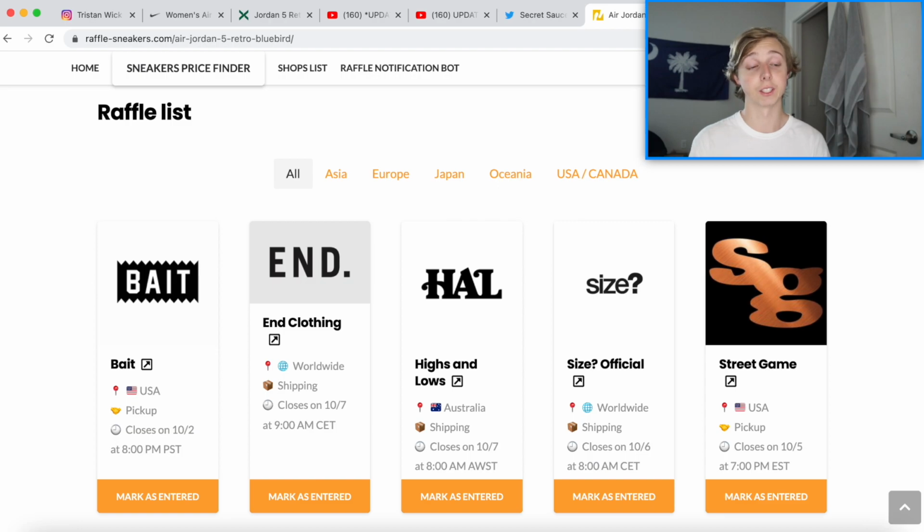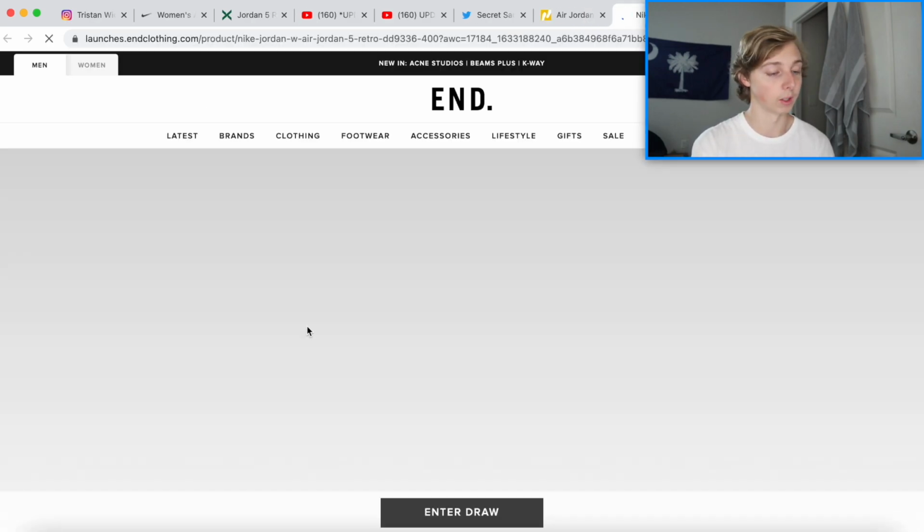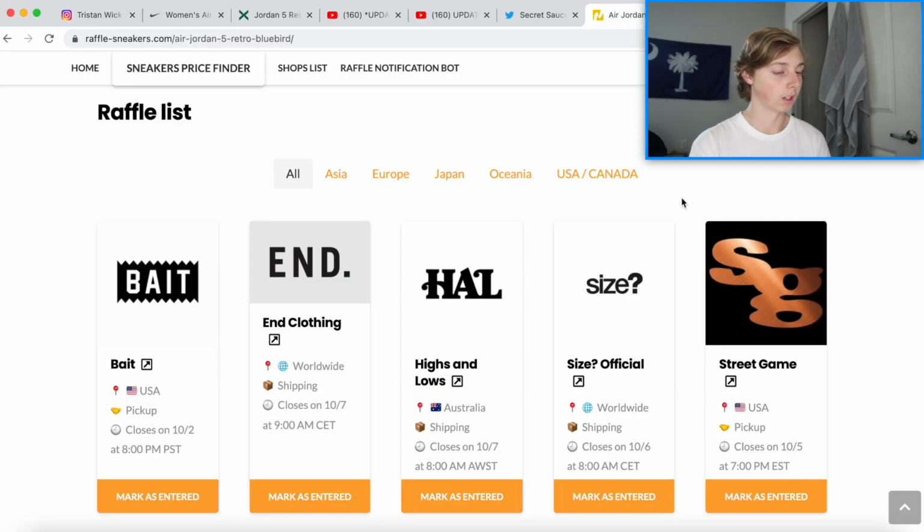Raffles are always another chance. So if you're located in the right region, of course, you can enter these two. These are worldwide ones. End Clothing is always taxing, so let's see how much End Clothing is charging for the raffle. Let's see if this is even worth it to enter. Okay, so do not enter the End Clothing raffle. They're charging